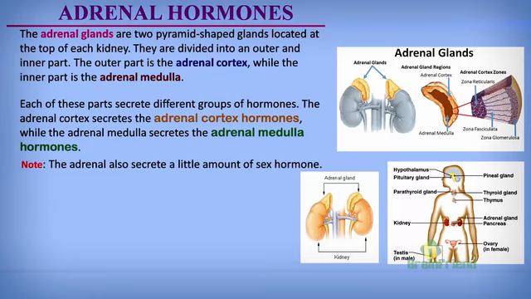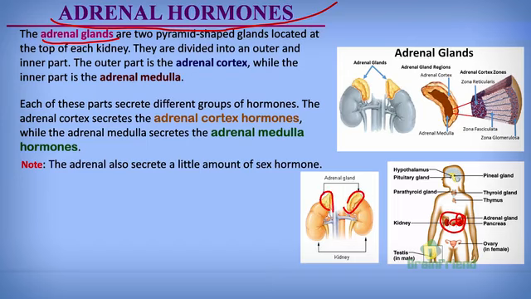The next group of hormones we shall be looking at are the adrenal hormones. Adrenal hormones are secreted by the adrenal glands. The adrenal glands are two pyramid-shaped glands that are attached to the kidneys. They are somewhat close to the pancreas. You can see the pancreas lying behind the stomach and in front of the kidneys. Then we have the kidney directly behind the pancreas. On top of each kidney is the adrenal gland. So we can see the adrenal gland on each kidney. It means we have 2 adrenal glands.